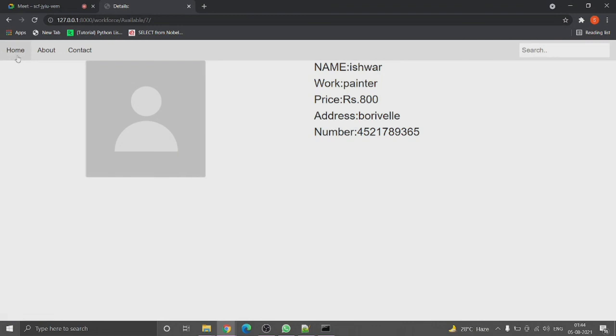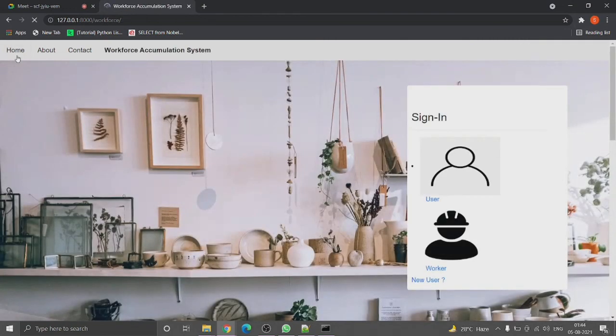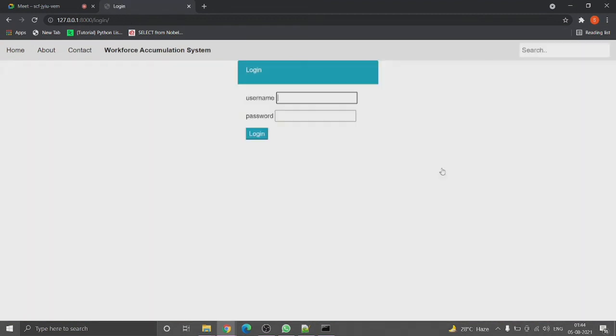Now we'll move to the home section, wherein I'll show you the user functionality, where he is redirected to the login feature, where the user lands after he registered, and he can also log in from this page.